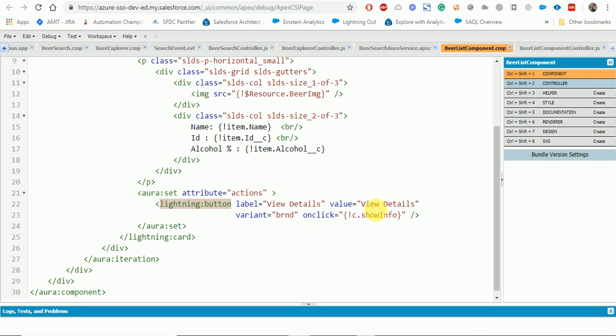So whenever we are clicking on this, any click, all these are considered as events.